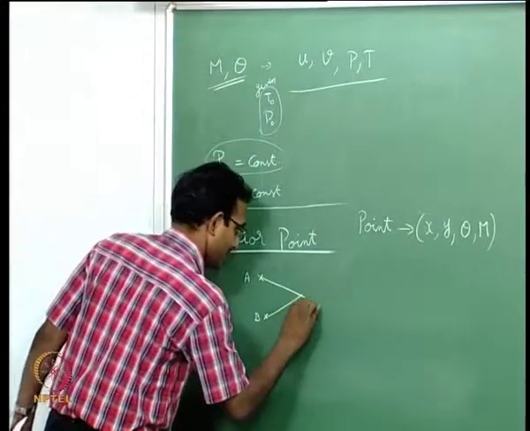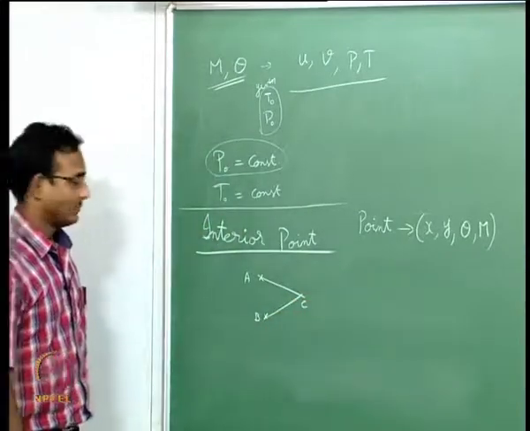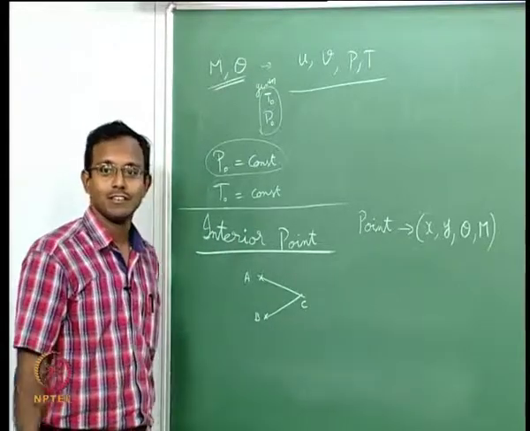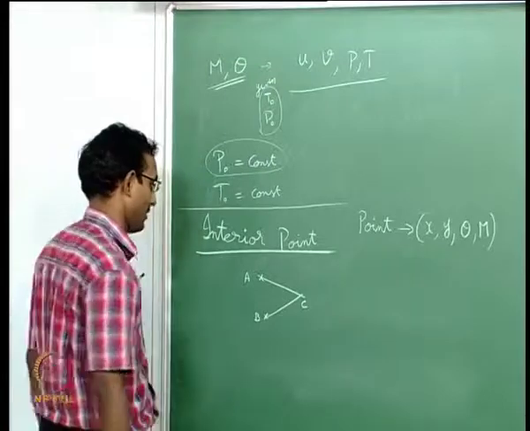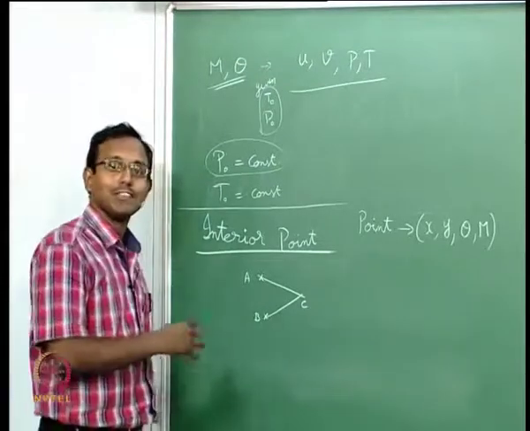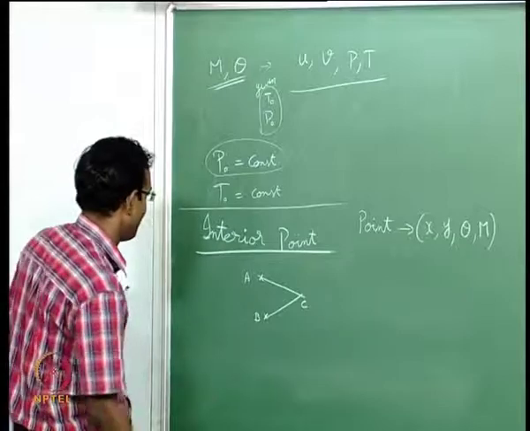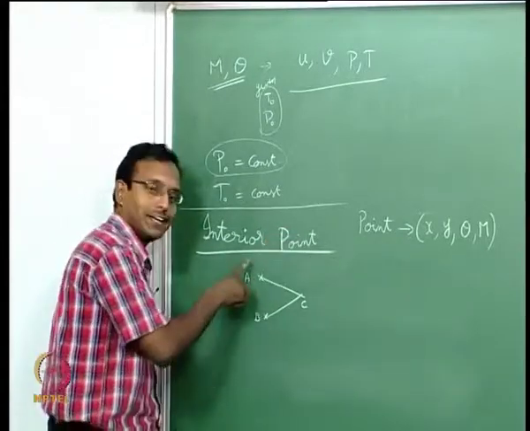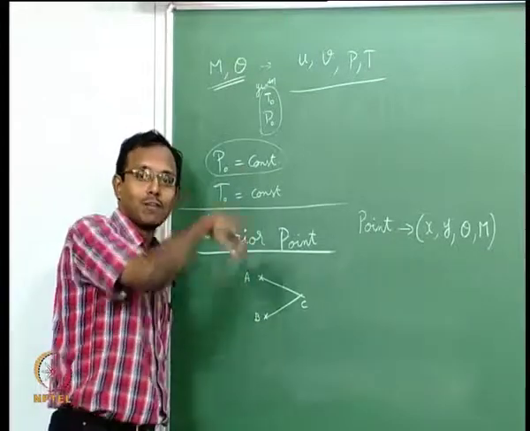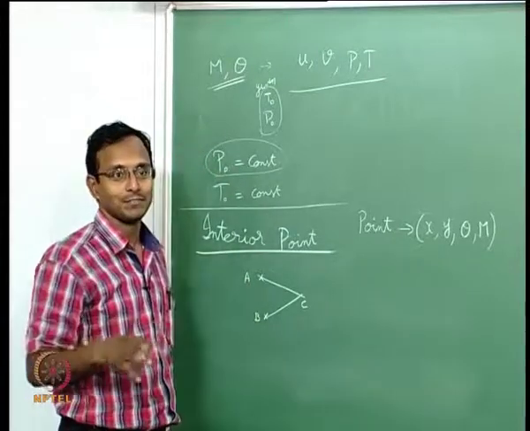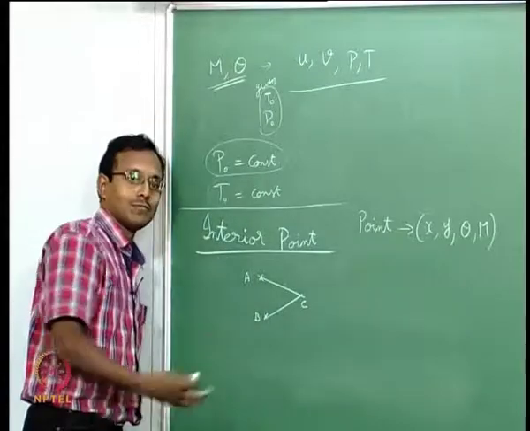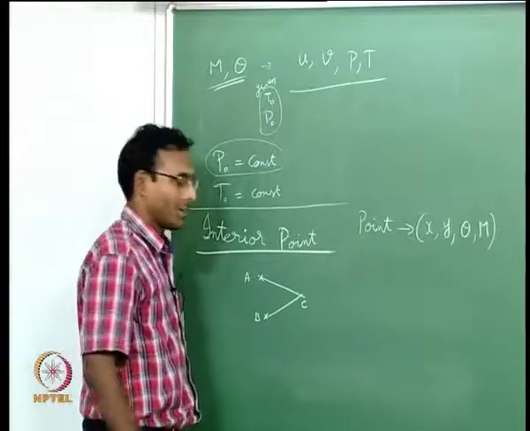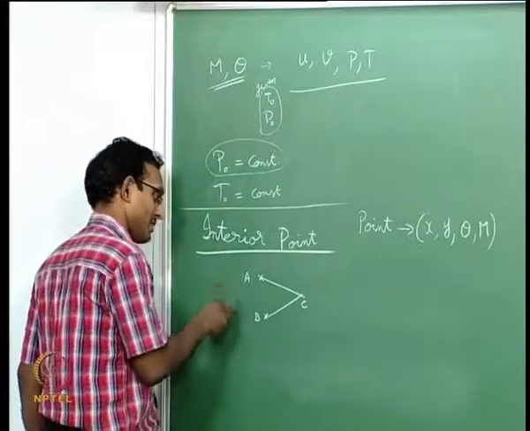another point C. This is the most used subfunction in the method of characteristics. This is what fills your whole interior of the flow, which is why it is called the interior point. All these points are inside, in the middle of the flow, not near a wall or a jet boundary. So we are given x, y values and theta, m values at A and B, and we want to find this point.